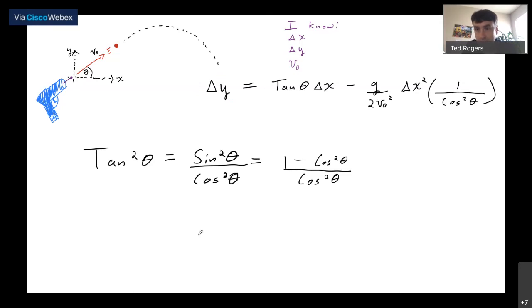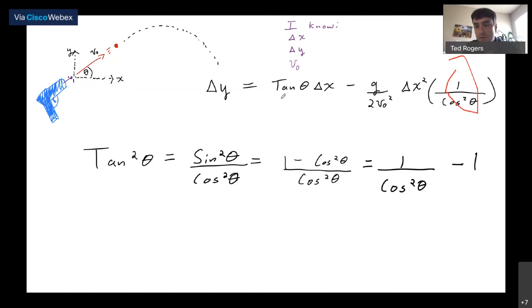And sine squared theta, we know that that's equal to 1 minus cosine squared theta. It's a standard trigonometric identity. Or being very pedantic, that's 1 over cosine squared theta minus 1. But look, here's where I have a 1 over cosine squared theta.